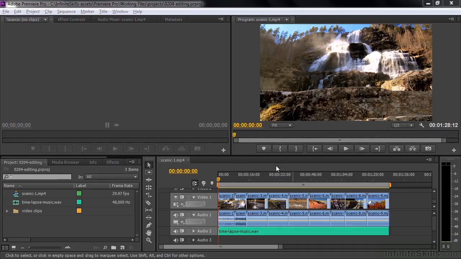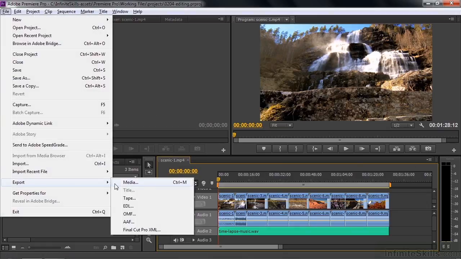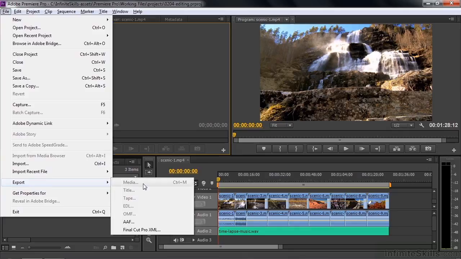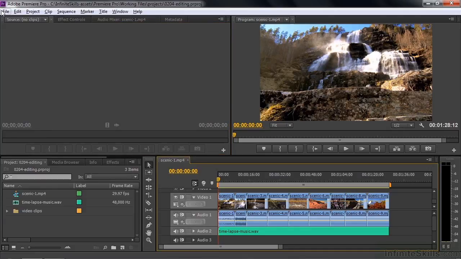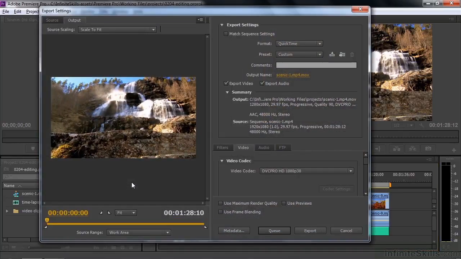So first order of business is to select the timeline panel, and you can see that's orange around there. If I don't select it, then I won't have the option of exporting it. Go over to File, and then it's Export. And it says Media, and we're going to focus on Media. If I click away here and don't have that selected, I'll go File, Export, and Media won't be an option there. So I'll go back and select this, go File, Export, Media, and that opens up the Export Settings